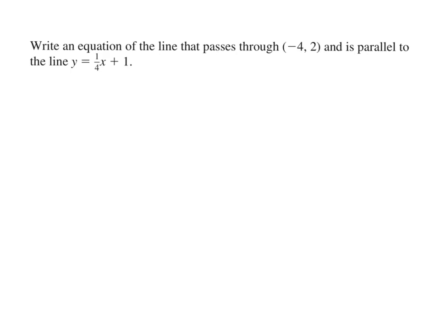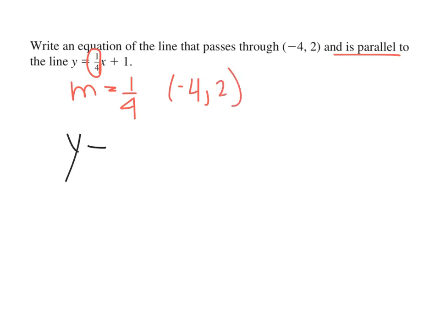Now write the equation of the line that passes through -4, 2 and is parallel to the line y equals 1/4 x plus 1. So the slope here is 1/4. If it's parallel, the slopes will be the same, so m equals 1/4, and the point is -4, 2. I get y minus y1, 2, equals m, 1/4, times x minus -4,